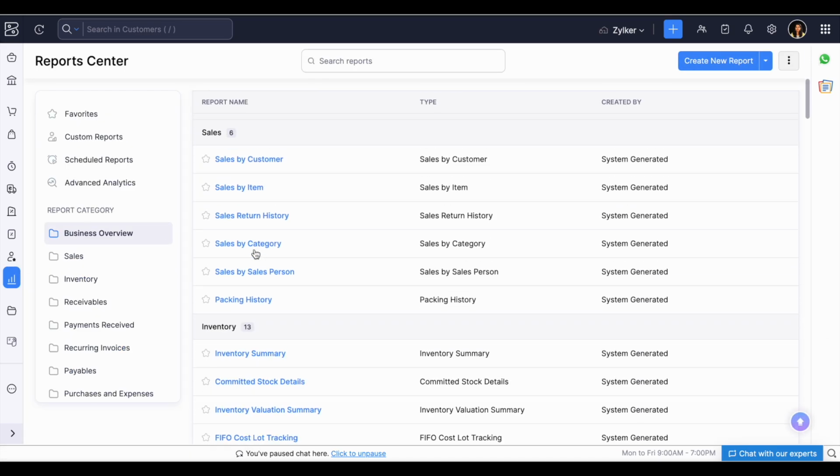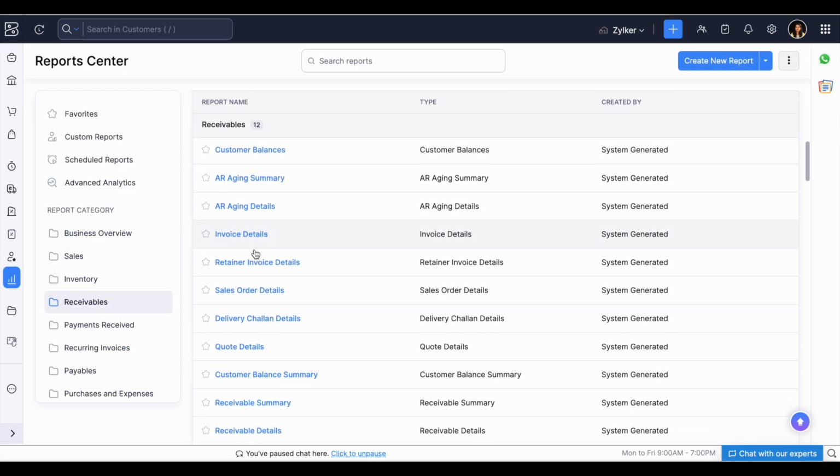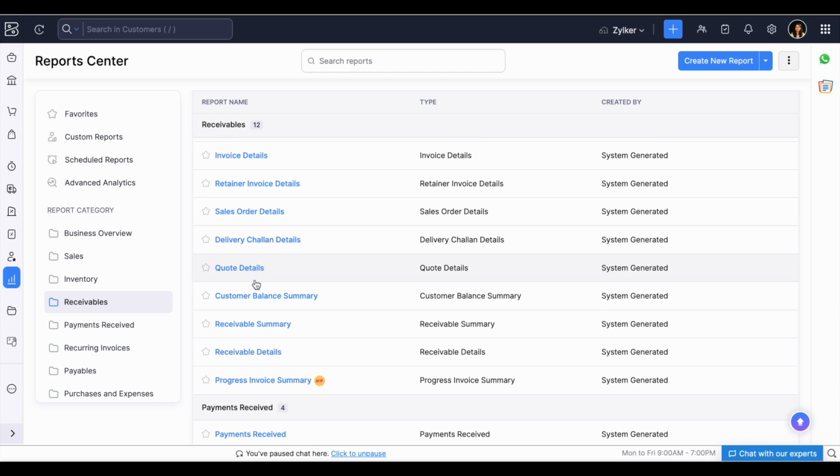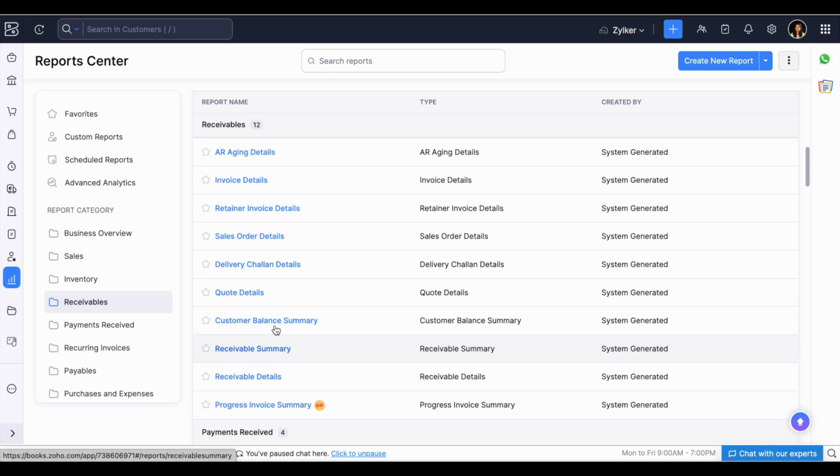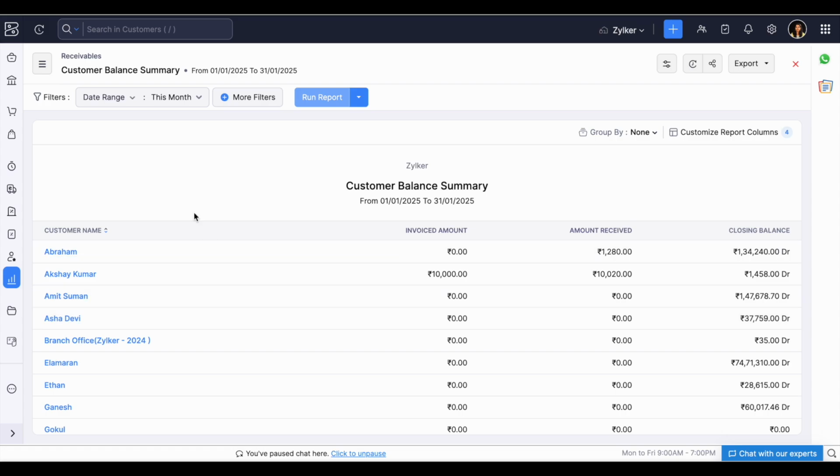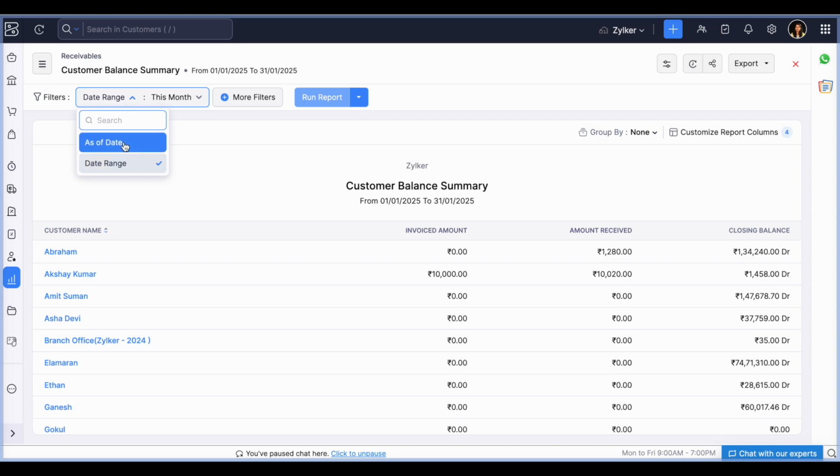Also, we have deprecated customer balance and vendor balance report, and in addition to this, we have included all the features in customer balance summary and vendor balance summary report. That is, in customer balance summary report itself, now we have options to switch between the date range and as of date. Also, we are providing options to add additional columns just like customer balance and vendor balance reports. This change will help us to see more reliable and enhanced report compared to the previous customer balance and